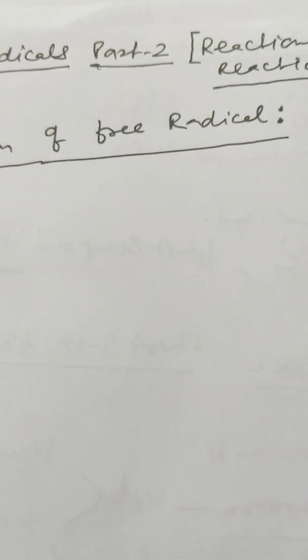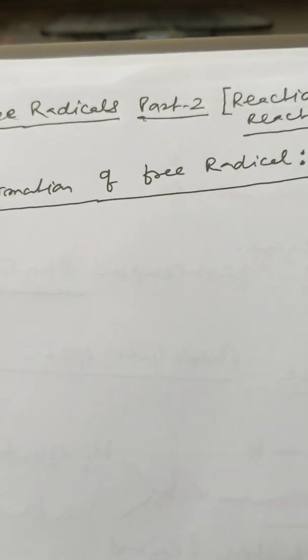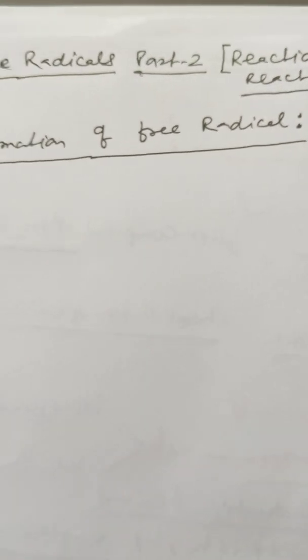Today we will study about formation of free radicals. How free radicals are formed, what are the various conditions for the formation of free radicals. फ्री रेडिकल्स के फॉर्मेशन के लिए इम्पॉर्टेंट कंडीशंस क्या हैं और वो कैसे बनते हैं, इसके बारे में आज हम पढ़ते हैं। देखिए, सबसे इम्पॉर्टेंट, जब भी आपने फ्री रेडिकल की अब तक कोई भी रिएक्शन पढ़ी होगी तो आपने